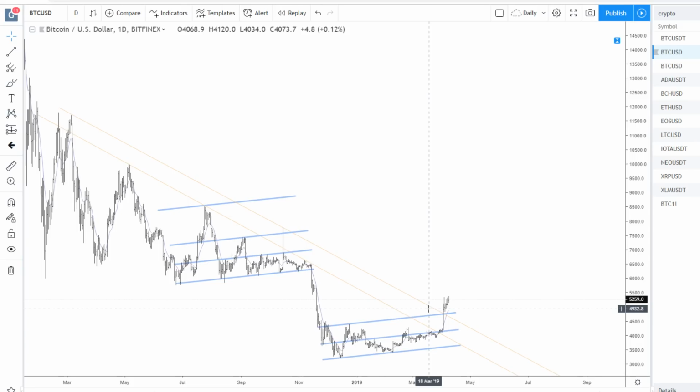I think as long as Bitcoin is not giving back the consolidation base around 4,800 on Bitfinex, then we should have a pretty good chance of continuing to move upward. But I say that with extreme caution, just be ready for a nasty drop,